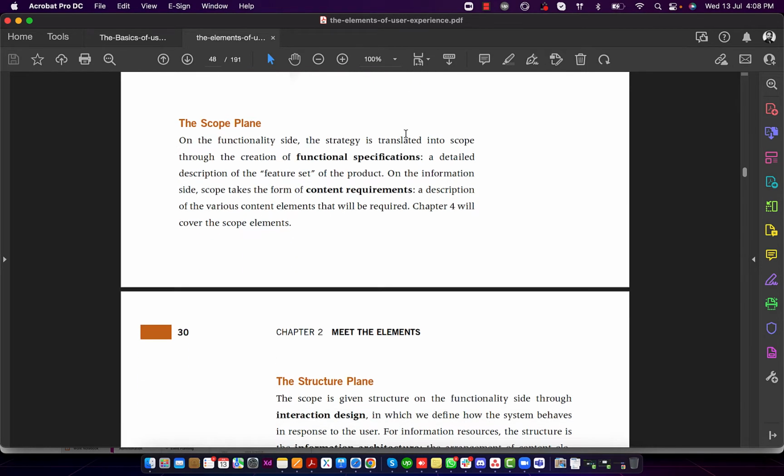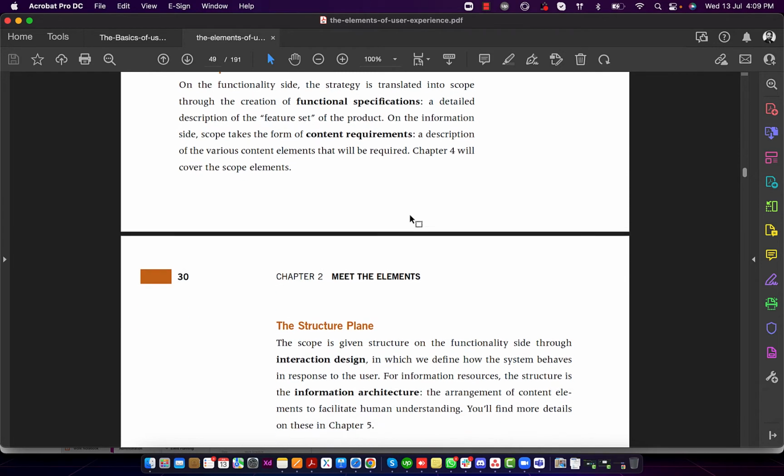The scope plane is about the creation of the functional specification, as I already explained: a detailed description of the feature set of the product. On the information side, scope takes the form of content requirements, a description of the various content elements that will be required. Chapter 4 will cover all types of scope. So we will learn in chapter 4, or 3rd as well. Now we have